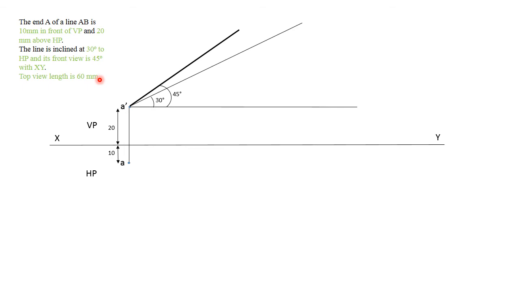So what we will do is, since the top view length is 60 mm, we'll draw a line parallel to XY through A because top view comes in the horizontal plane, right? So we'll draw a line of length 60 mm. Okay, so length is 60 mm and you mark the end point as B1. So this point B1 can be projected on your true angle, that is, which is given as 30 degrees. So 30 degree is with respect to HP. So the intersection of this line and also this line will be your point B1 dash.